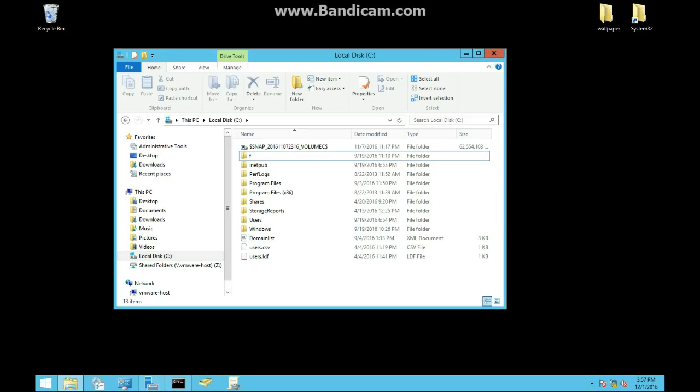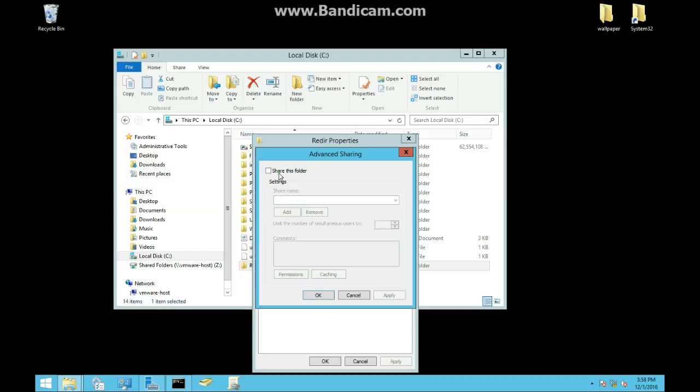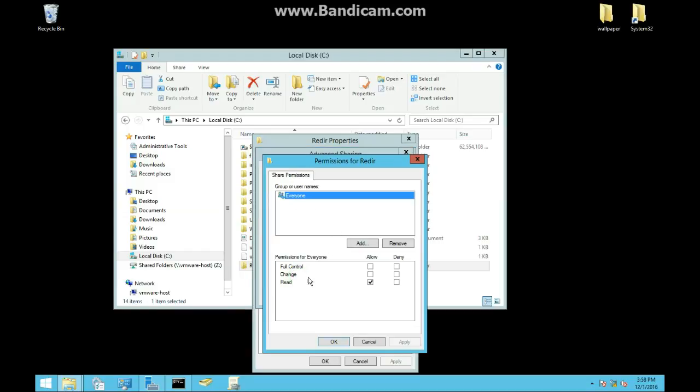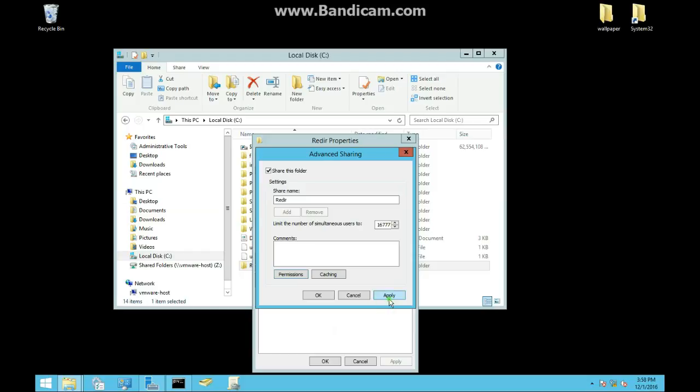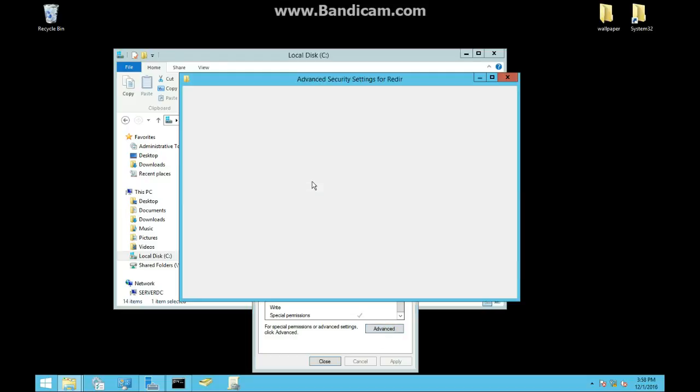Okay, so in this part, we'll be doing folder redirection. So let's go ahead and create a new folder called redirection, or redir, just fine. Properties, and let's first share it. Share name, make sure permissions is everyone to read, apply, okay, and then go over to security, advanced,